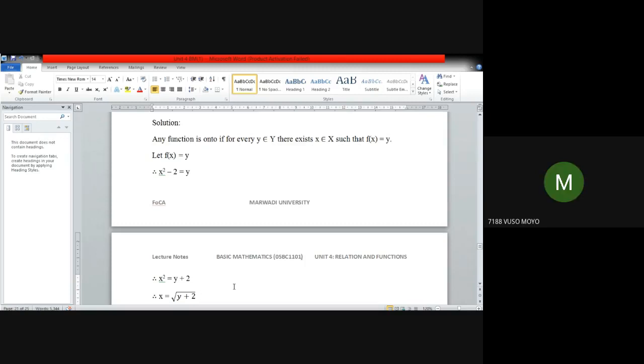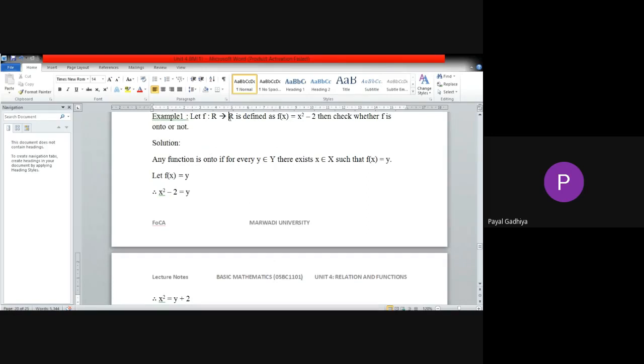Then I will put y equals minus 2. Under root 0, which is 0. That is a real number. Fine. All these numbers are real numbers: under root 3, under root 2, 1, 0. Now I will put y equals minus 3, because minus 3 is in the real number set only. Minus 3 is in this set, no?